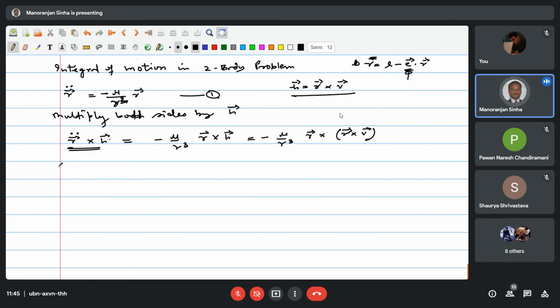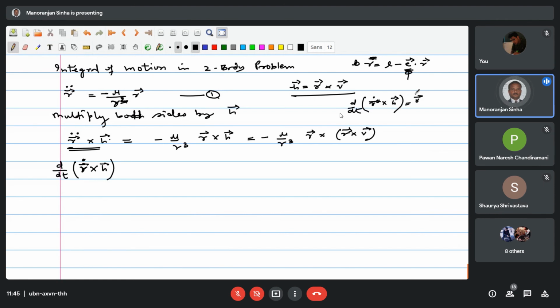This quantity is nothing but d by dt of r dot cross h, because h is a constant vector. If you differentiate this,